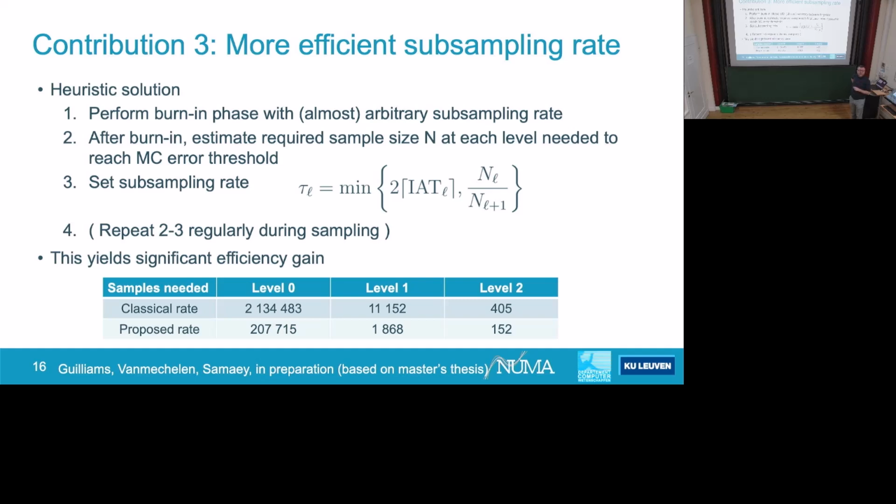Yeah, Elisa. Quick question. Do you need to decide the level that you stop in advance? Yeah, in this method you have to, because at the finest level you need to know how many samples you need, and from there you build on what coarser levels you can do. And do you have an estimate of how many levels you want? So basically, at the finest level, we use the discretization error. That's what determines what the finest level is. And then for coarser levels, we just do a factor 2 always. So that's the typical thing we do.